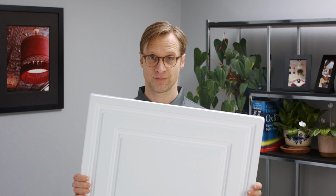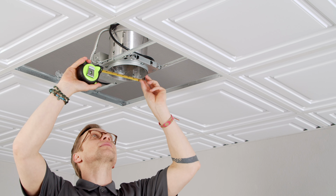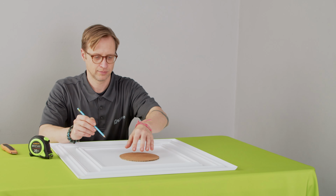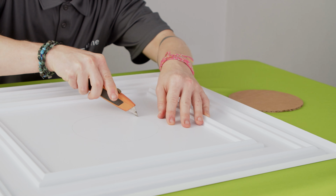Today, I'm using Stratford. First, I measure the fixture to determine the size of the opening I need, and then I make a simple cutting template. Next, I use the template to mark the location of the opening in the tile and cut the hole with